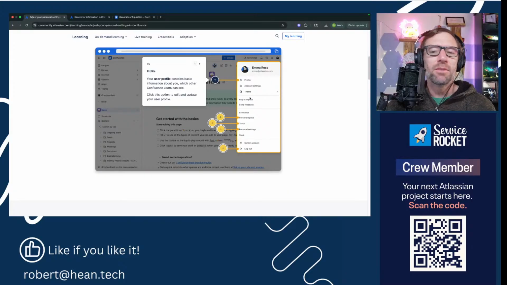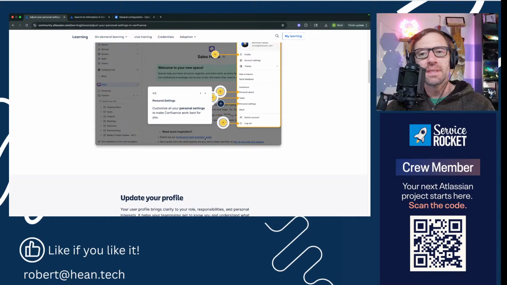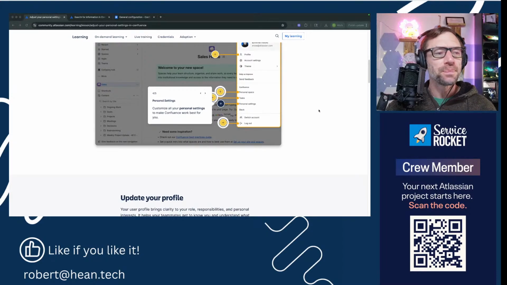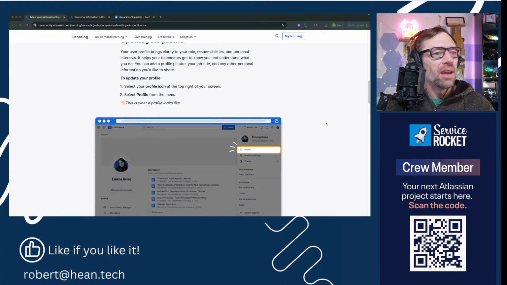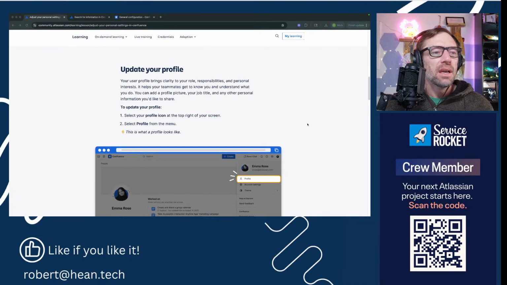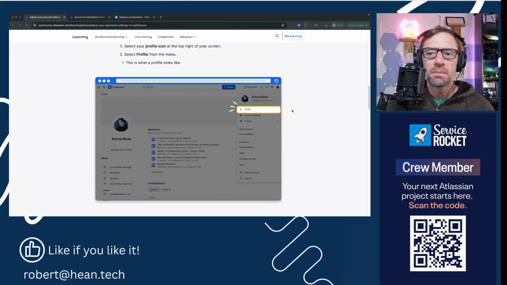And this is the basic information that is shared with Confluence: name, department, etc., as well as our settings, which is really the important part and something that we as admins should really educate our team on. Because they will be set by default, and as app admins, we can control those defaults, but individuals can override the default and make it whatever they want, within reason. Now, we can go in and update our profiles. I've worked in environments that have integrations with Active Directory or other systems that pull in a lot of this information and just drop it into the profile. So many times,